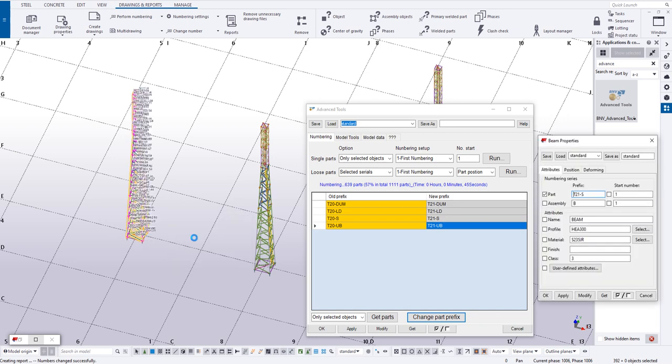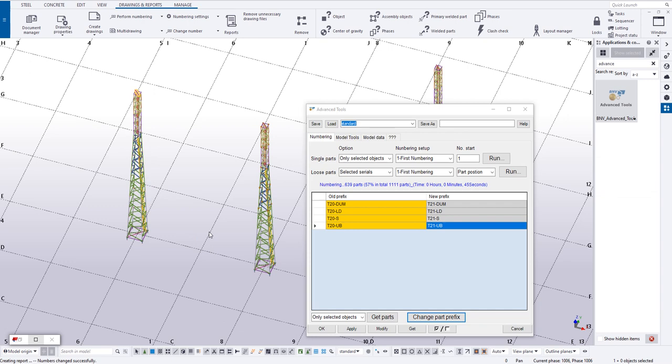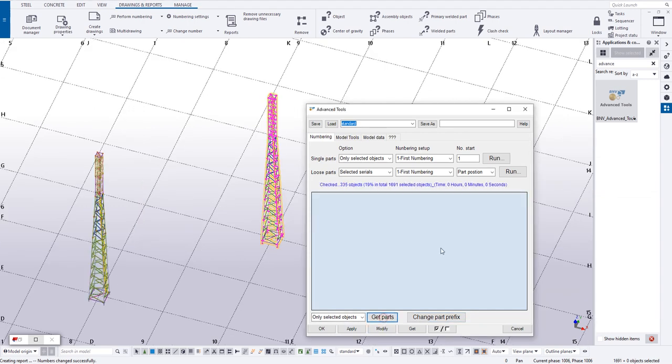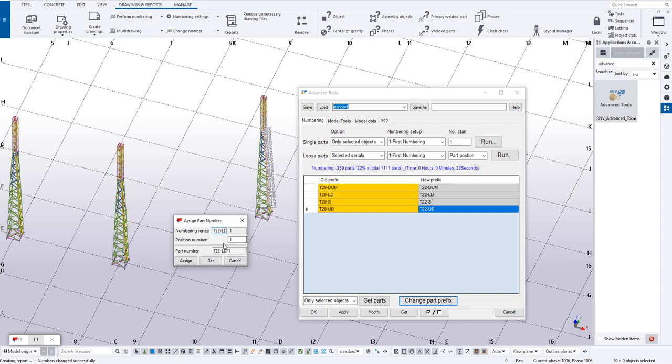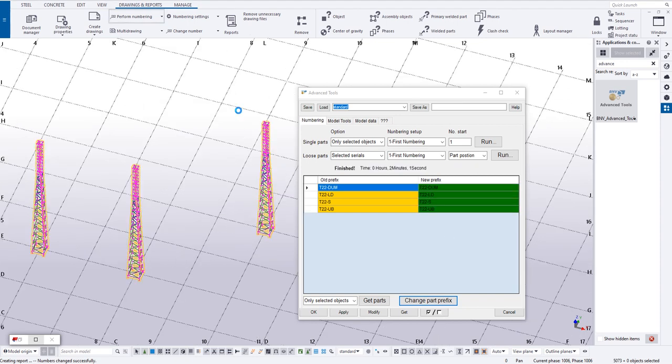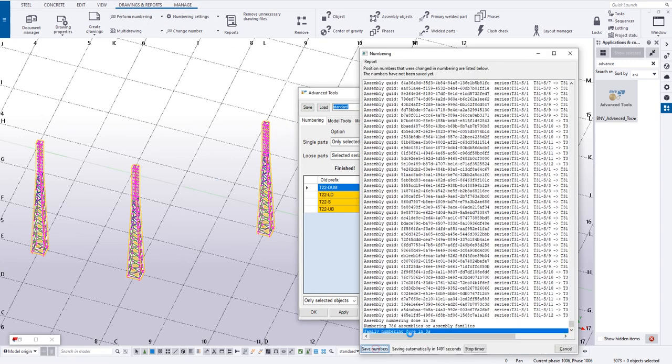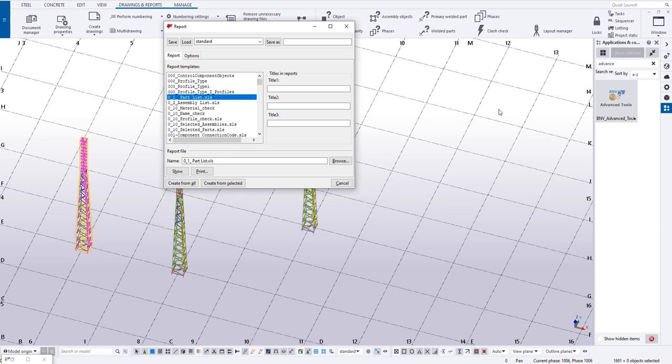Yes, that does it automatically for you for all. Assign one by one. That finishes tower 21. Similar for 22, you change the prefix automatically and assign numbers one by one for each serial. Numbering control. Fast and easy to change the prefix for similar structures. Select the numbering. You can easily change it.